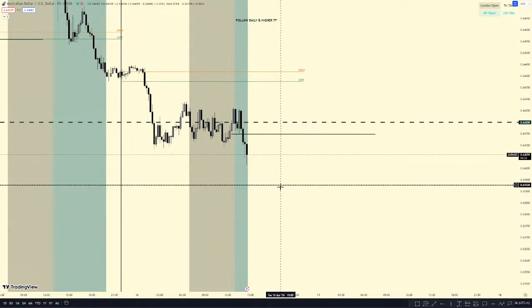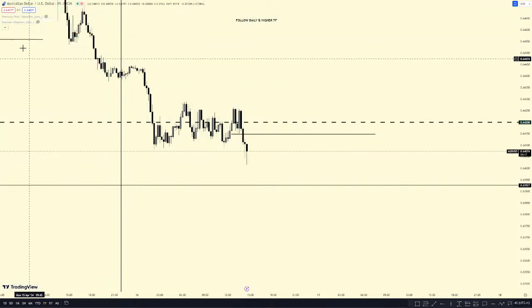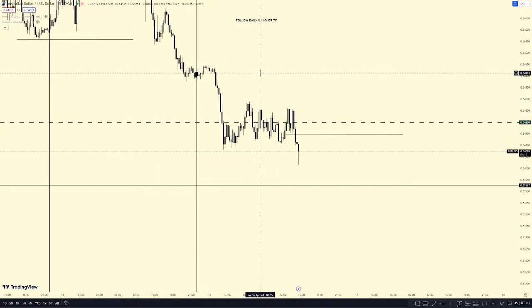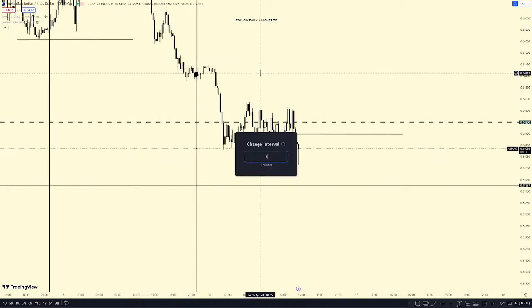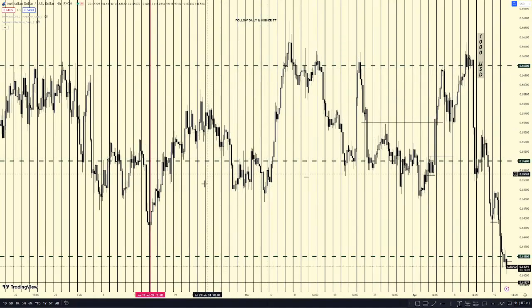Now, you see this line here. Let me go and show you where it is. Now, I want to give us my trade bias. Let me go to the 4 hour. If you go to the 4 hour, I taught you guys something called prime.